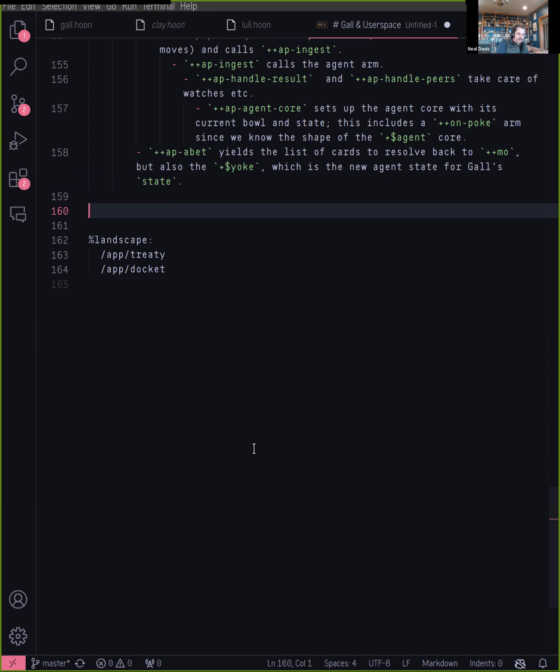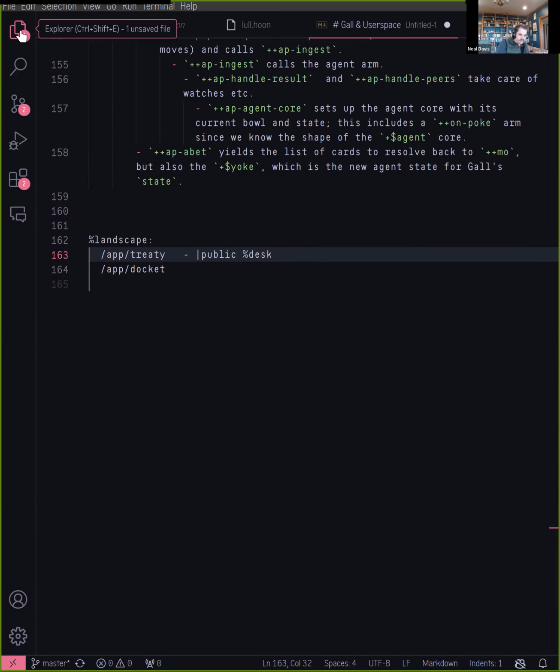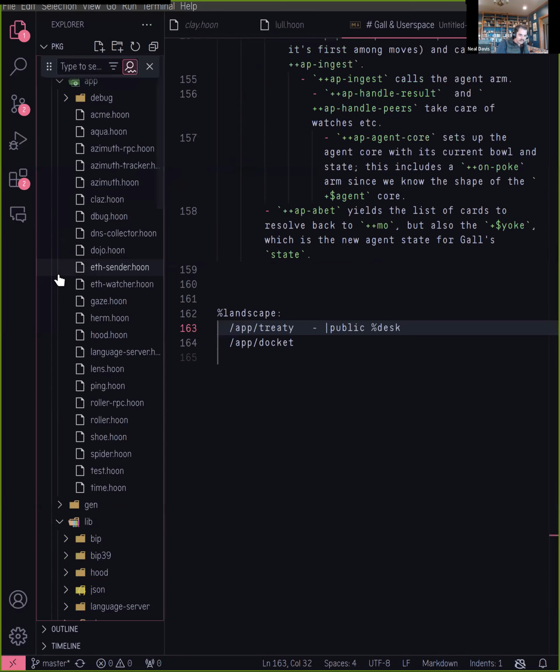Treaty is going to handle publishing and advertising application desks. So it's sort of analogous to Bar Public Desk, which you've seen with Clay before, just mark everything on a desk public so someone can talk to it. But it also does some registration and advertising. So Treaty is how one ship, if you go into the Landscape front end and type in a ship and it searches for what they have available, it's talking to someone else's treaty. And so if you go to Landscape and talk to,